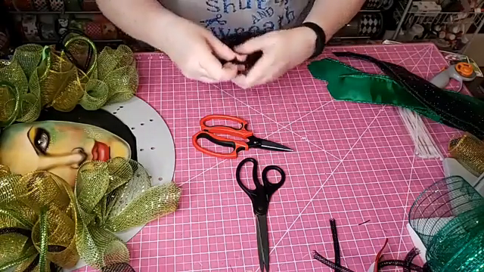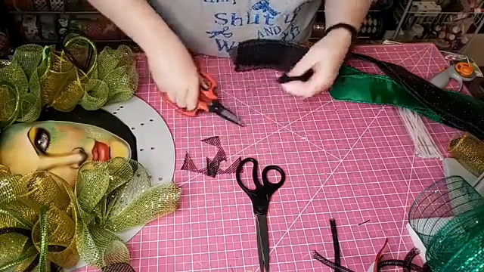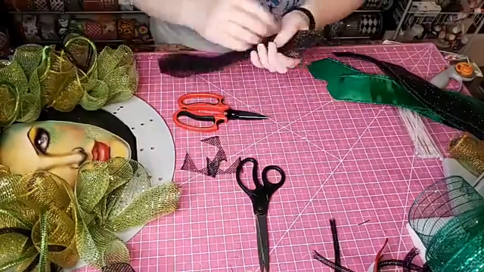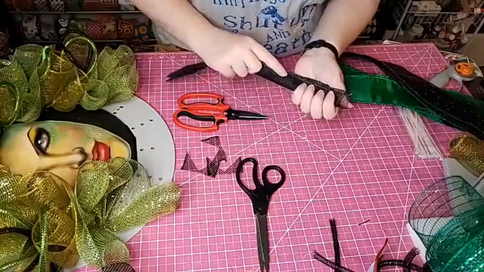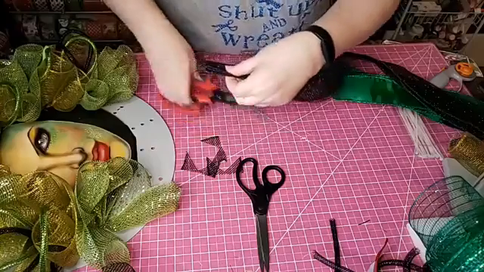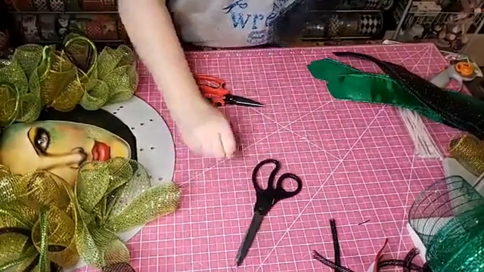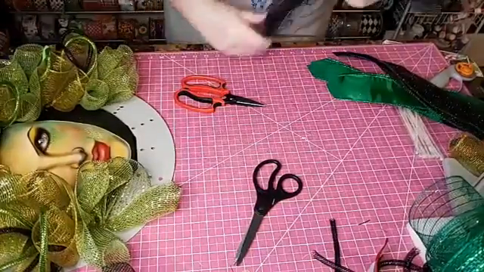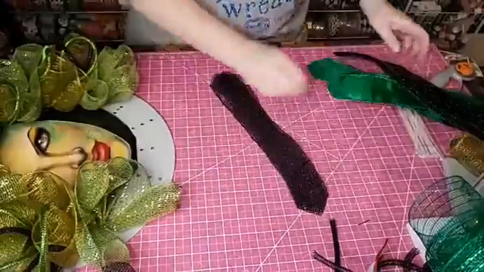I need to get more. My table is full of glitter now. Glitter from the mesh, glitter from the ribbon. Yeesh. Okay, let me put that over there. All right, so